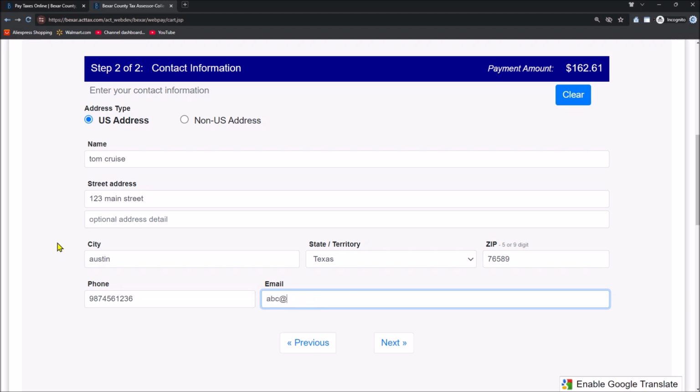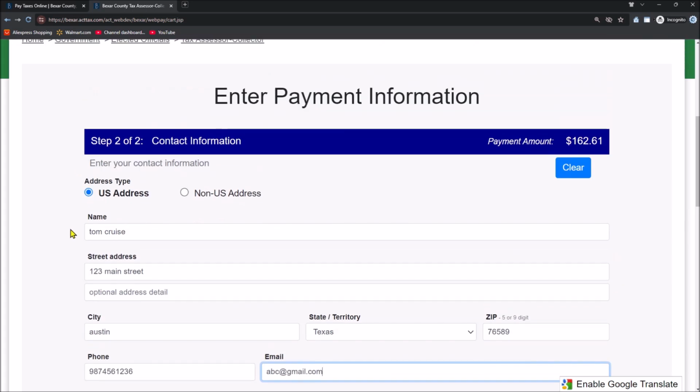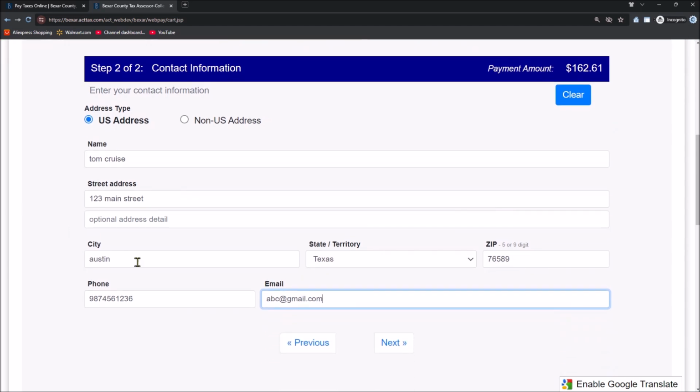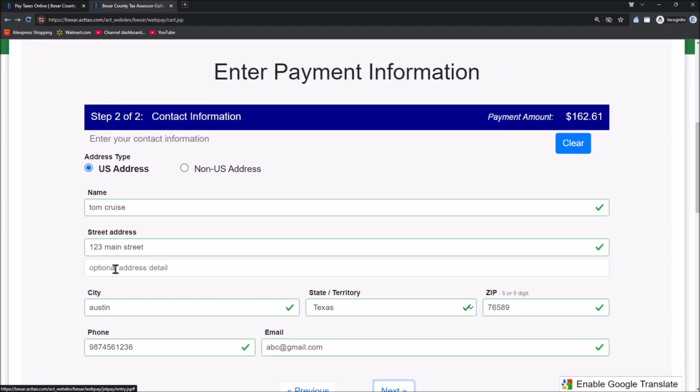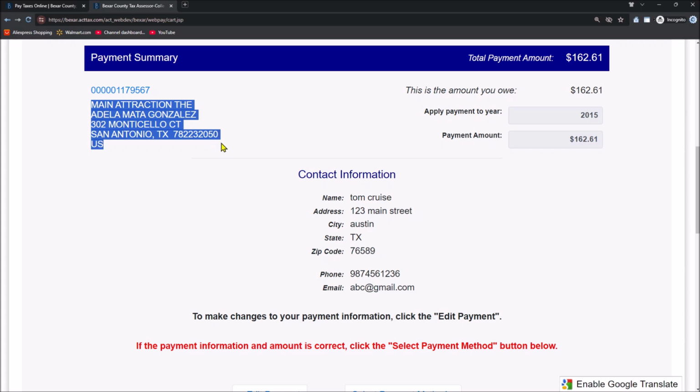So it is really important that you enter an accurate email and phone number, because the payment receipt will be sent to the email, and they can have your details that you made payment. And please verify the information of the property address for which you are making the payment. Now click on next. Here it is again showing you the address for which you are paying the property taxes